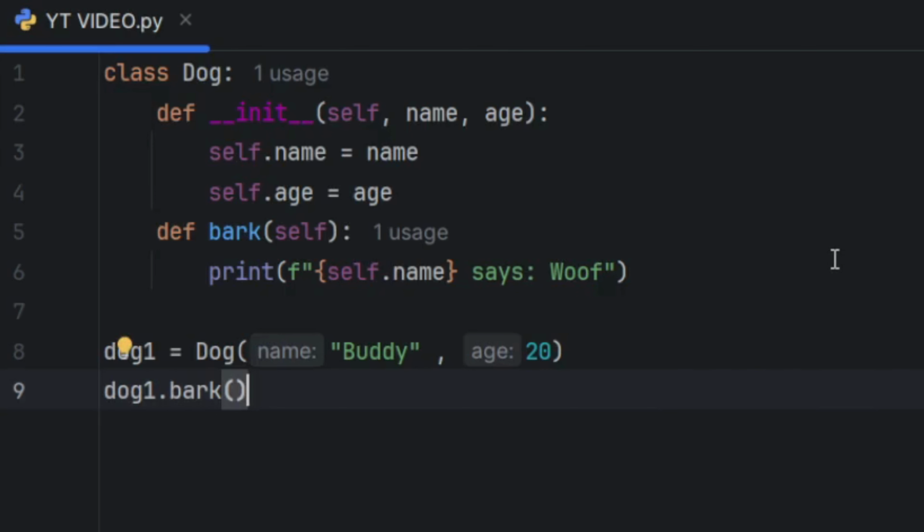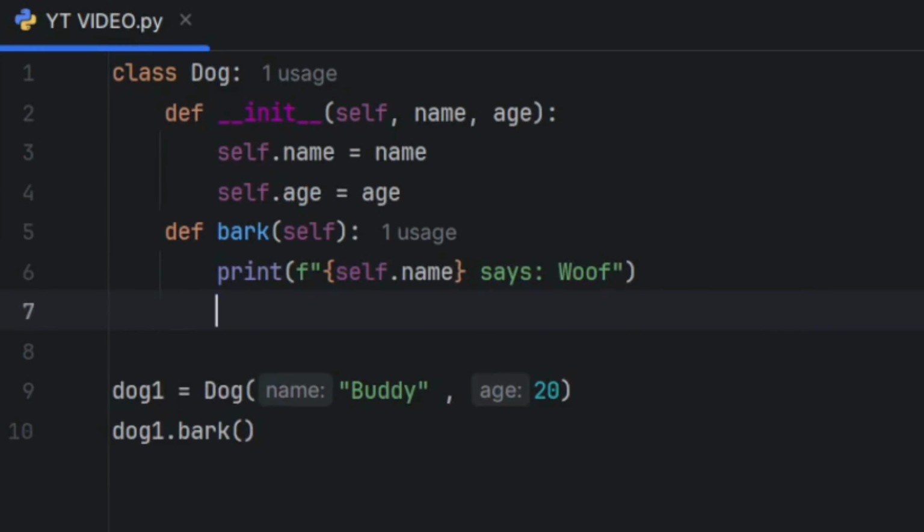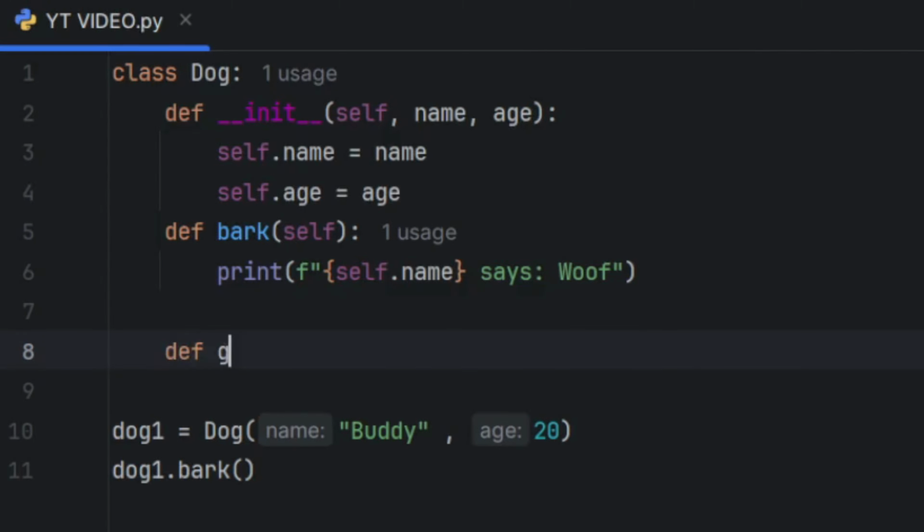But the thing is, methods can also take parameters, just like regular functions or this init function right over here. Let's say our dog wants to greet someone. So we make a new method called def greet(self, person) for customizing the object, and we'll make it greet a person.